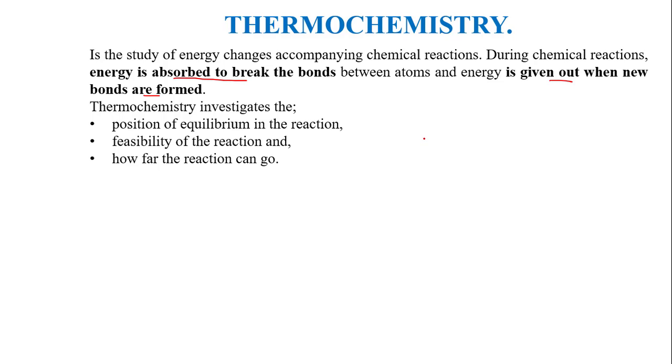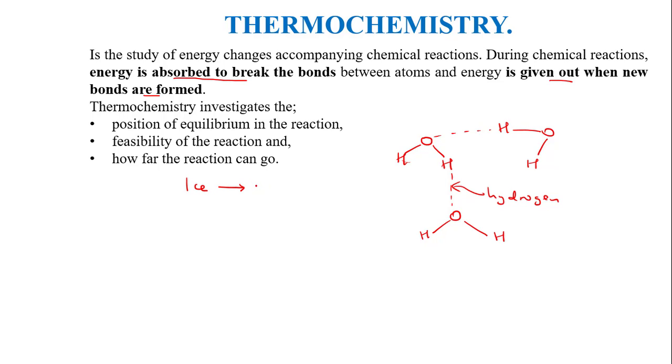We know that ice in this format, water is H2O, but when ice is being formed, we tend to have what we call hydrogen bonding. So the dots you are seeing are representing hydrogen bonding. So this is our hydrogen bonding. We all know that whenever ice is melting to our water or liquid form,